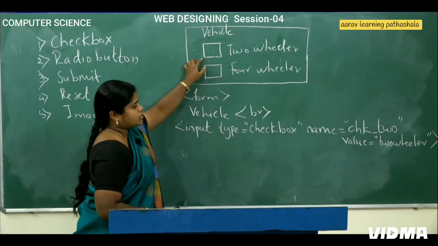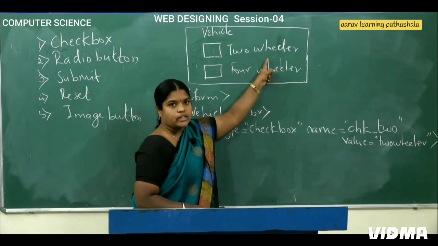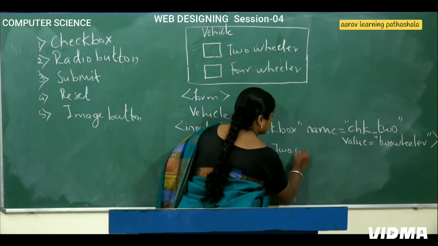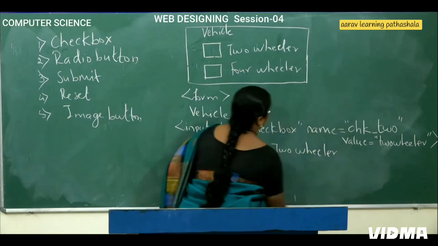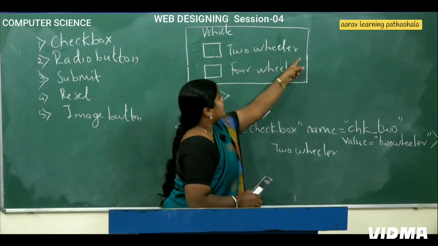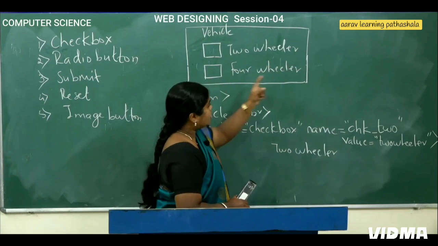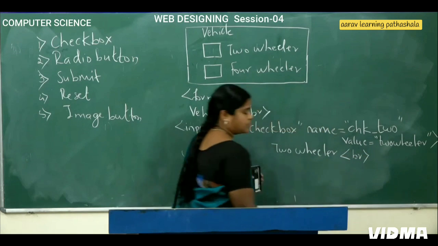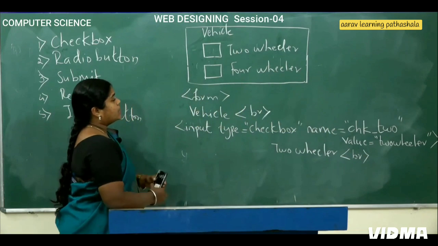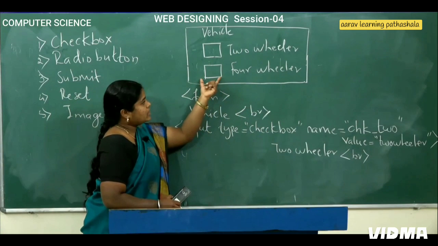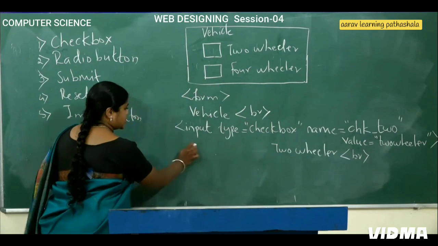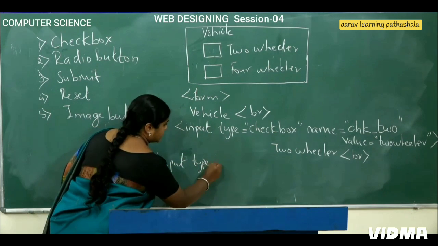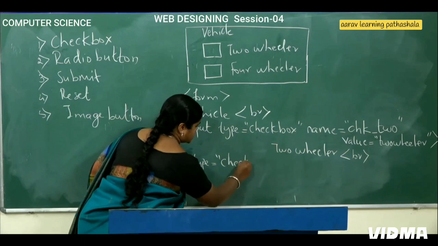Now in front of this particular checkbox, you need the label two-wheeler. So again, two-wheeler has to be written. Now after two-wheeler, in the next line this checkbox is written. So as we are talking about next line, the tag should be BR. Now in the next line we need another checkbox. So for another checkbox, the tag will be input, type is equal to again checkbox,